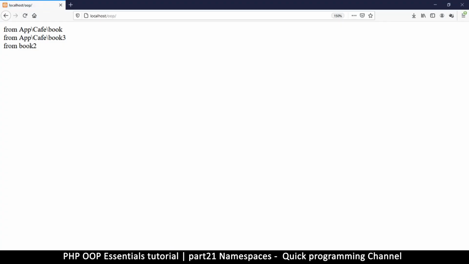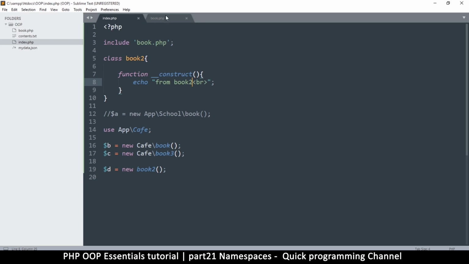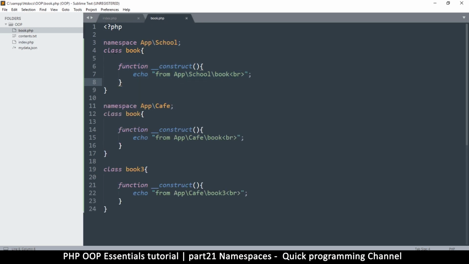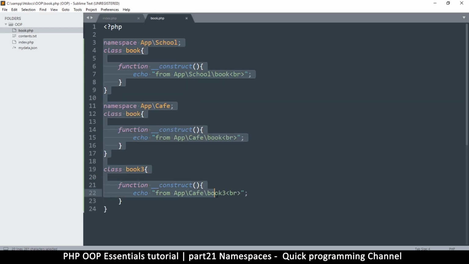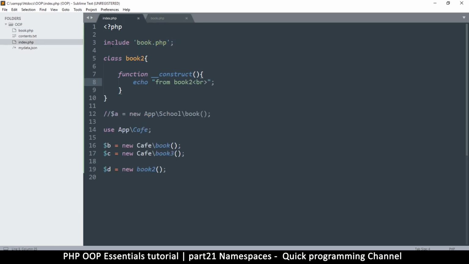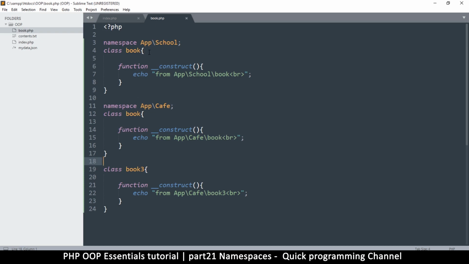Okay, so you see how that works. If I borrow some classes from somebody and they've got all these namespaces in there, this is all good. It means it won't interfere with my own project here, regardless of whether the classes are similar or not. Here, it's important to note that if I remove this namespace and just put it down here, for example,